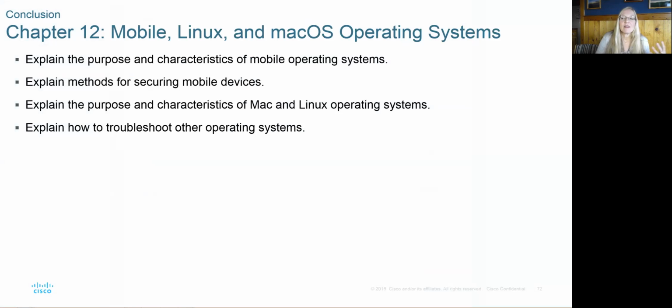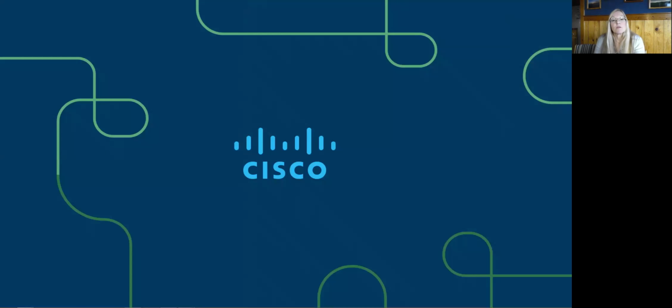And we talked about the purpose and characteristics of Mac and Linux operating systems, the different flavors of Linux operating systems. And you'll be learning a lot more about Linux when you get into CSCI49. And how to troubleshoot other operating systems. So we're using the same troubleshooting tools